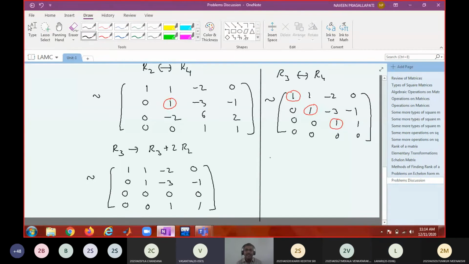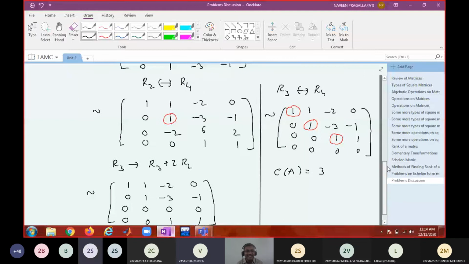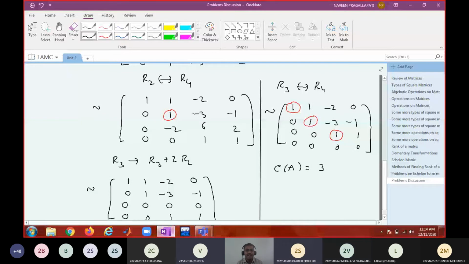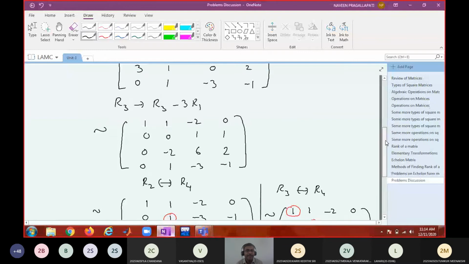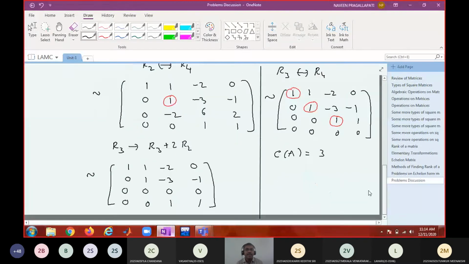So that's it. I think this is in echelon form, no? Yes, sir. What is the rank? But when I interchanged with row 3, sir, we got rank 4, sir. We did not get the last row to be 0. No, that is impossible. You might have made some calculation mistakes. Check your calculations once again. If you do plus minus, there will be a mistake. Just after this class, please check yourself. So the rank of the matrix is 3.